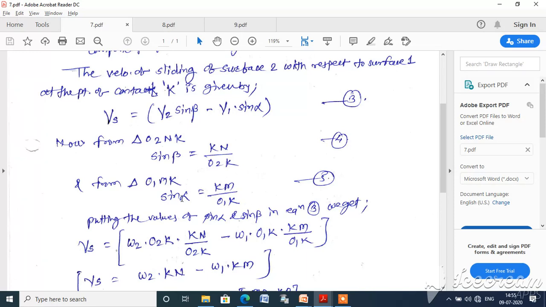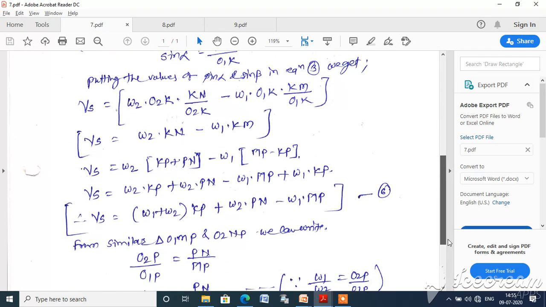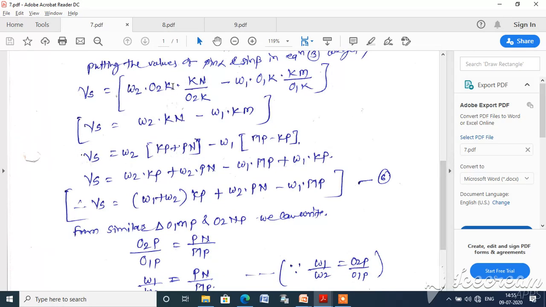Putting these values of sin alpha and sin beta in equation 3, and as we know that V equals R omega, V2 is O2K into omega 2 and sin beta is Kn upon O2K, minus V1 is omega 1 into O1K into Km upon O1K. So after cancelling O2K and O1K, we get